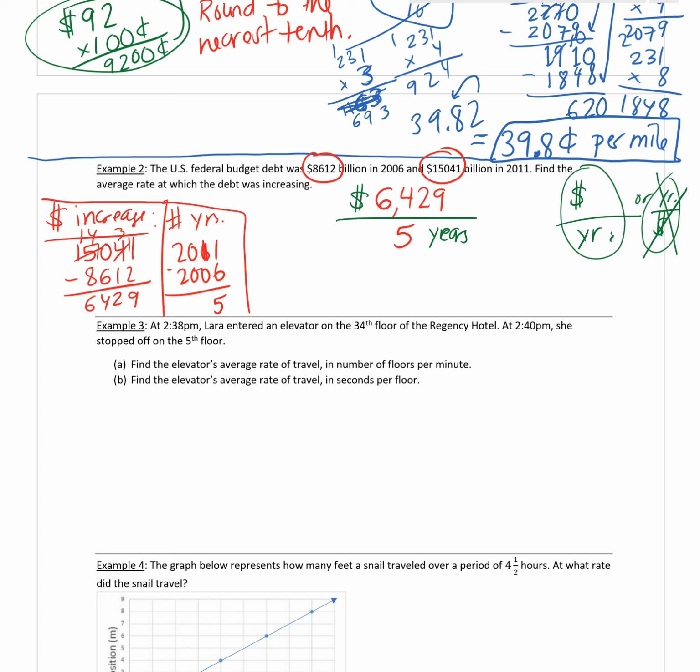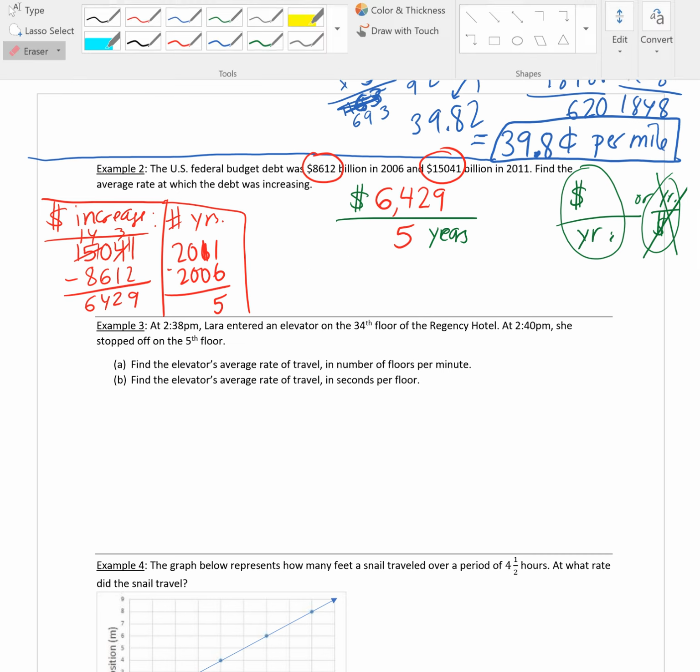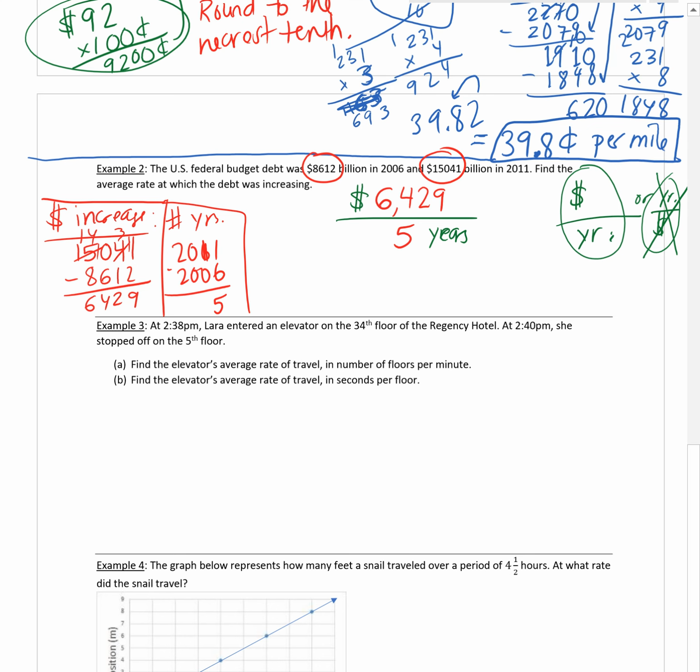I'd kind of want to know, how about per year? Every year I'd want to know. That's the last thing we're going to do, is make this into just one number by dividing the bottom into the top. I imagine just from the previous problems, this might take a while, so I might do this somewhere else where I have more room. Let me see, where do I have more room? Maybe way over here. 5 divided into